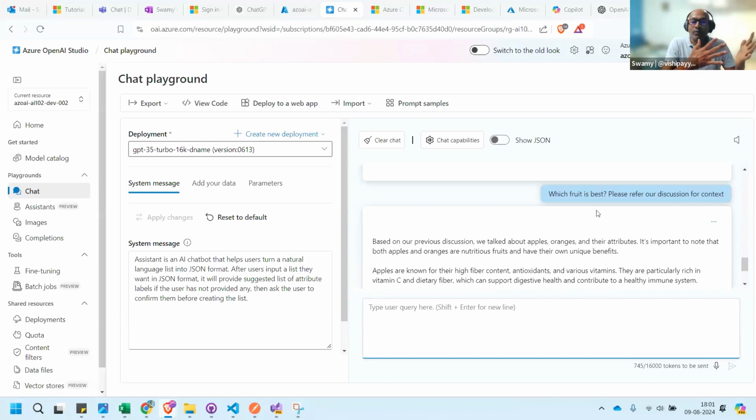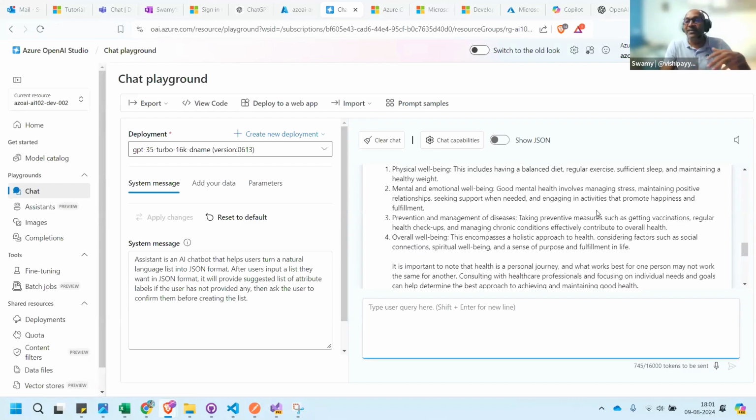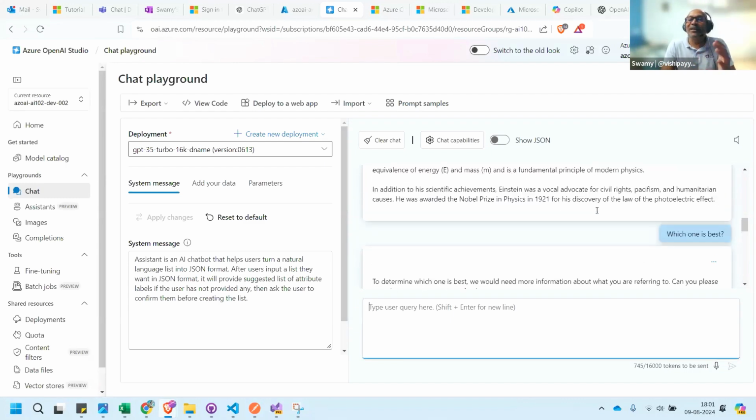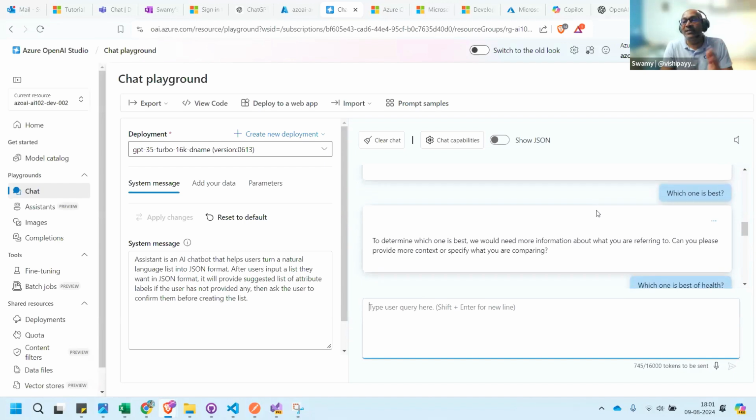We just spoke about fruits. We spoke about apple, orange, and Albert Einstein. And now you will correlate what prompt engineering is. I assumed that I spoke about three things, Apple, Orange, and Albert Einstein. I said which one is best. It said that it needs more context.